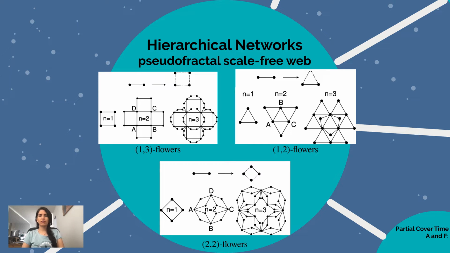Several key characteristics of complex networks can be modeled using these recursive, finitely articulated models. At the same time, these models can be precisely analyzed, giving us important insights into the nature of complex networks in everyday life. You can see a number of sample networks from this category here, and for this specific study, we will choose the 1-2 flowers. However, our proposed method can easily be applied to more general topologies of hierarchical lattices like other UV nets, and also the structures exhibiting a self-similar construction.